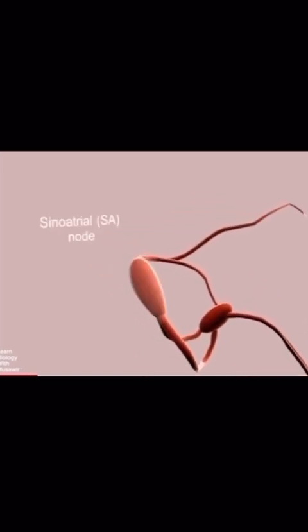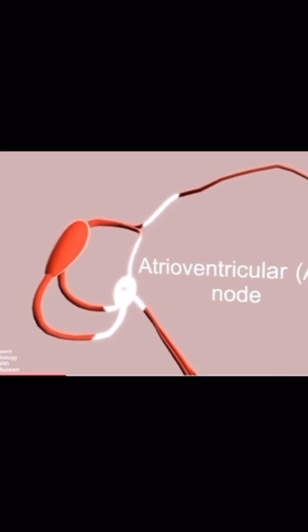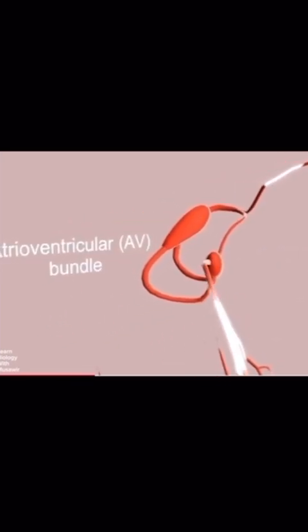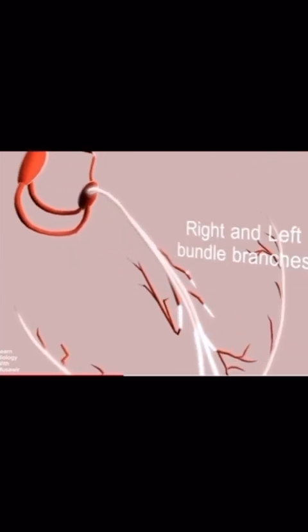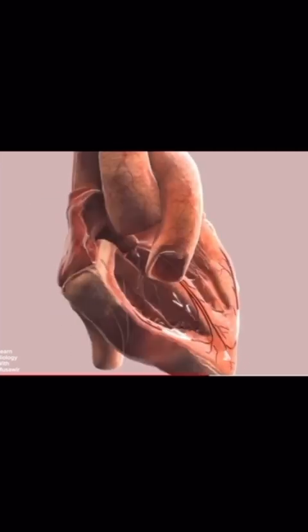Starting with the SA node, which acts as a natural pacemaker to the heart, produces energy that travels to the AV node, which acts as a gatekeeper. The energy travels to the bundle of His, which can be found at the septum of the heart, moving towards the right and left bundle branches, leading towards the Purkinje fibers that are found in the subendocardial surface of the ventricle walls. This network of specialized muscle cells sends signals to the rest of the heart, causing a contraction and